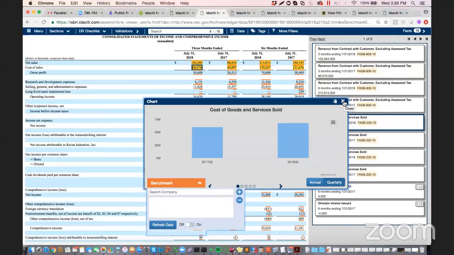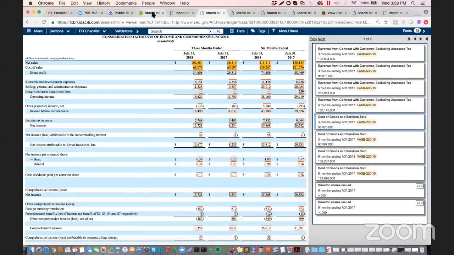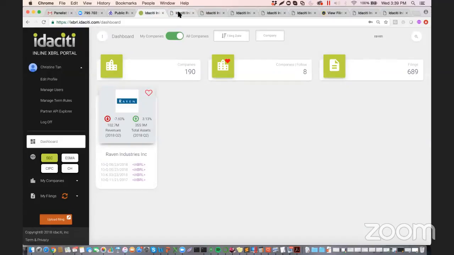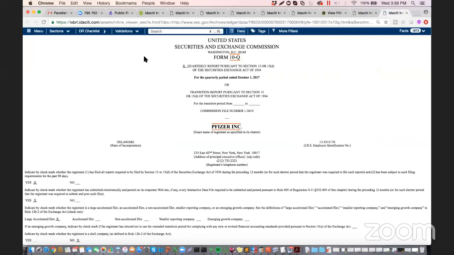The other thing that we've also put in is what we call the disclosure research checklist. So I'm going to pull up, actually, I've already pulled up Pfizer's filing here. This is something that you will not see on the SEC's inline viewer. As you know, for every single element that is in the US GAAP taxonomy, that has a FASB codification reference, an element has FASB codification references, and according to the new EFM rules, you should be using those codification references to help you